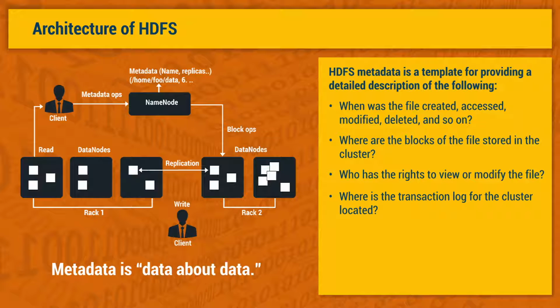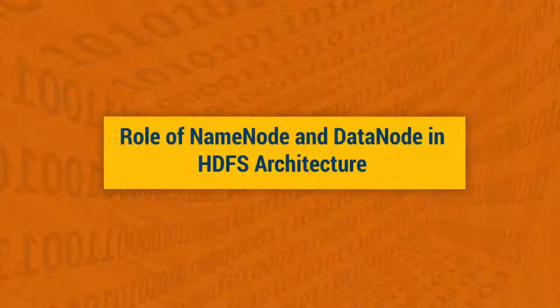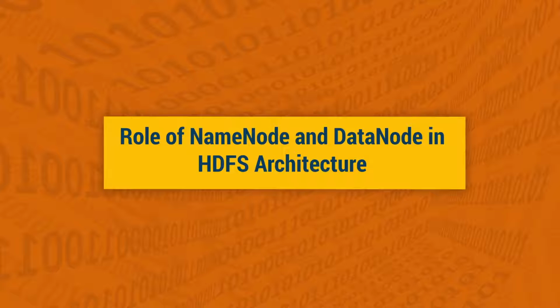Data nodes refer to the place where the user data is stored as blocks within files. The name node is therefore critical and is always stored in the memory, and data nodes are stored in racks. Racks are physical collections of nodes in a single location. Now that you have been introduced to name nodes and data nodes, let us understand their roles as part of